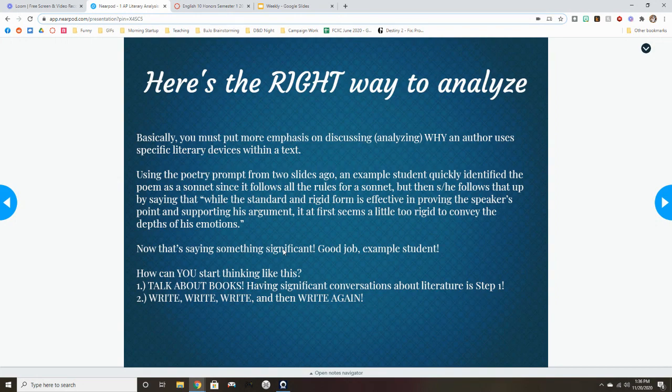All right. Now, how can you start getting your brain to work this way? Two things. You should talk about books. I'm not sure how many of you are in a book club, and I'm not saying you have to, but at least take advantage when we're in English class, talk about books. We spent most of book 2 of 1984 having discussions, both online and in class. And that's the point, to stretch these muscles a little bit. But also write. The more you write, the more comfortable you will be pointing out flaws in others' writing and saying what was good about other people's writing.